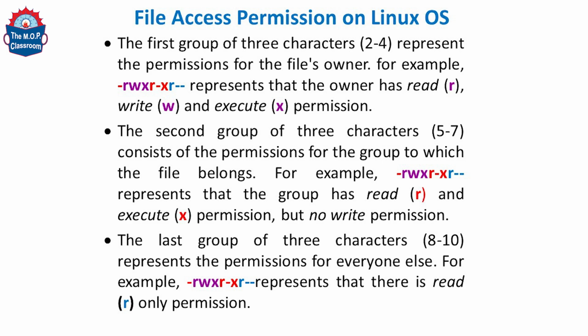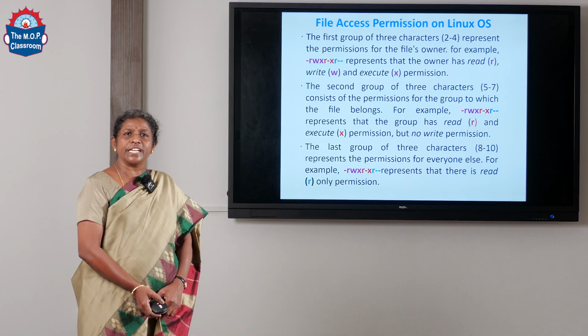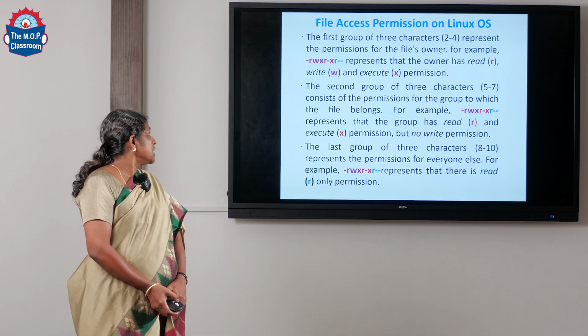And the second set of 3 characters, that is characters number 5 to 7, indicates the file permission associated with the group. So anybody who belongs to a particular group can read the test file. They cannot write into the test file because it is indicated by a hyphen, but they can execute the